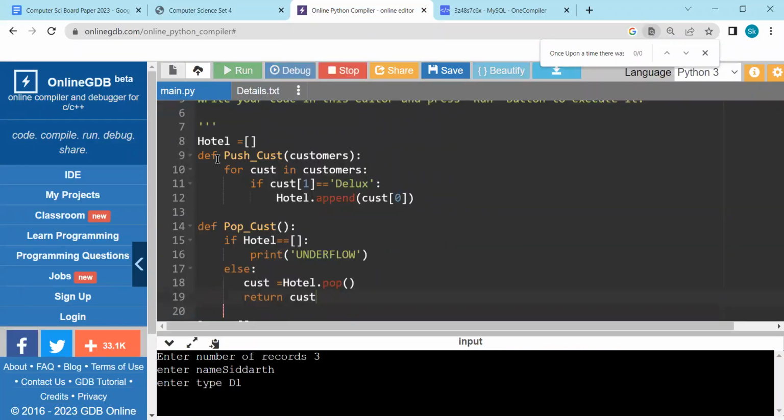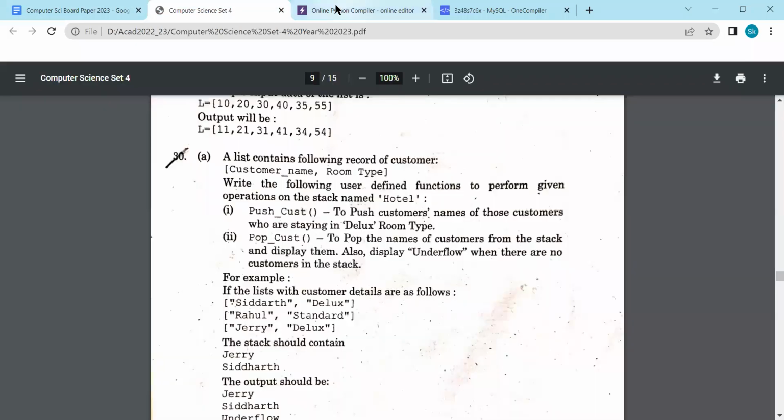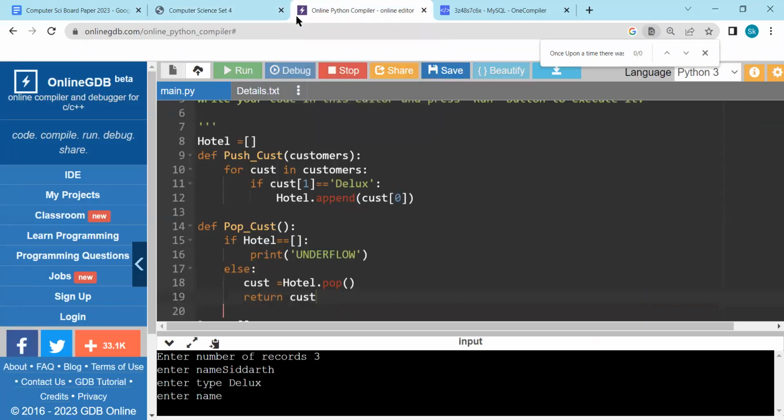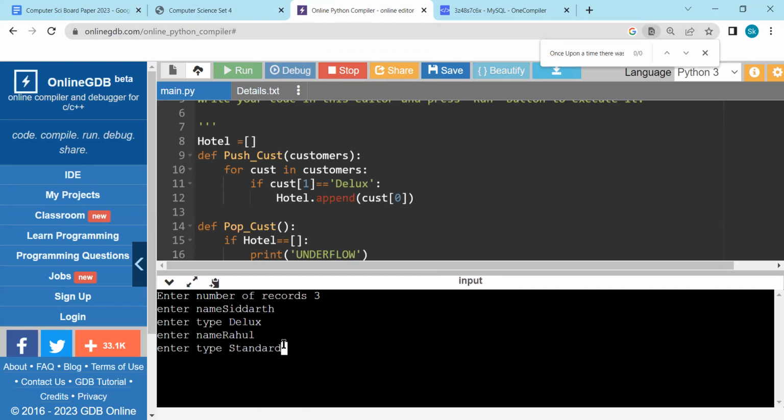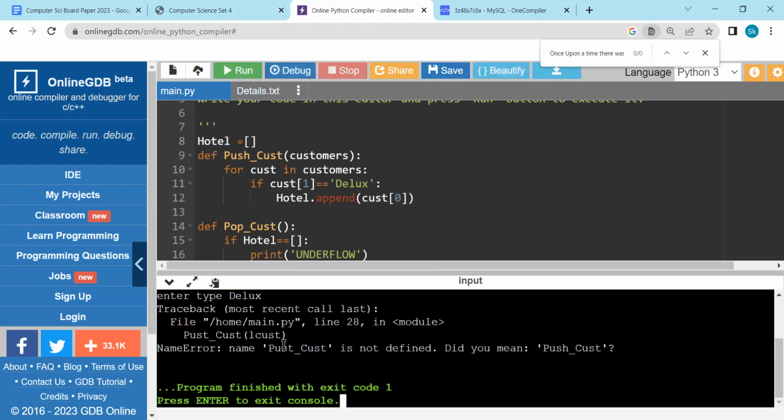Then the next name is Rahul, and it is standard. Okay, and then we have Cherry, and this room is also deluxe. So if you enter it,